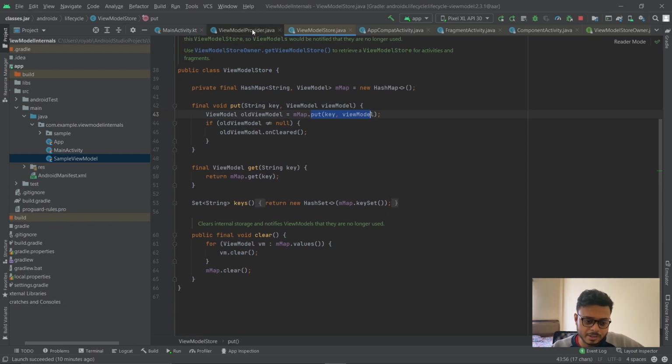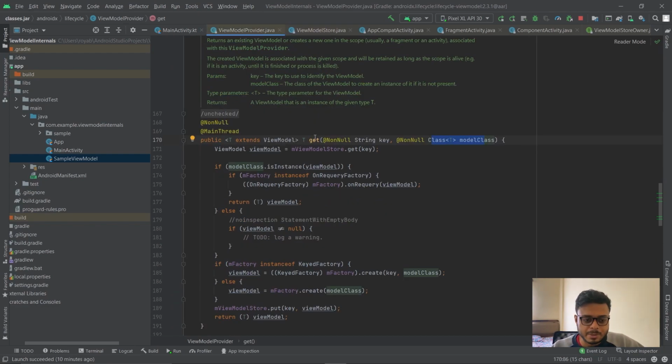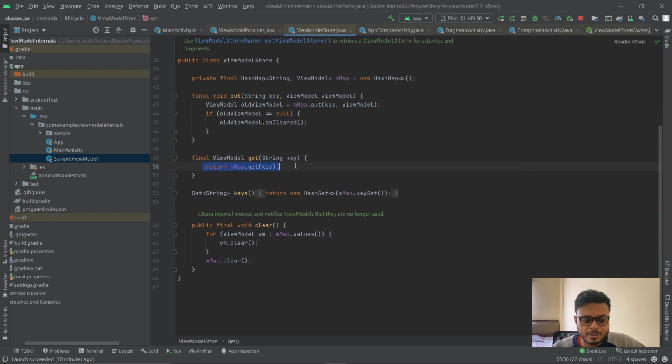And the one we had over here, when we were calling the get method of the view model provider class, the first thing that it did was to call the view model store.get method. In the get method it just returns a nullable view model. This is a Java class, so you don't have the question mark over here. You only have the return type, but it obviously can be nullable.